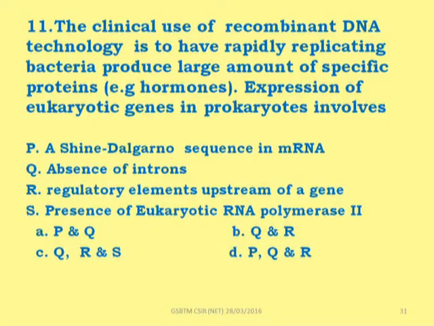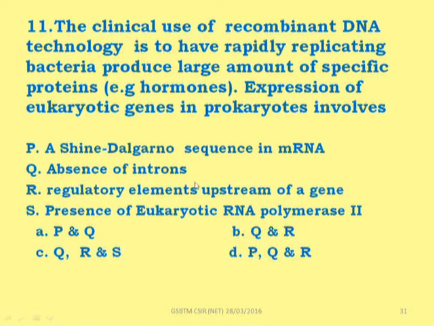Third, eukaryotic polymerase is not required. Eukaryotic polymerase will only work in a eukaryotic cell. Eukaryotic RNA polymerase is of three types, 1, 2 and 3. One is responsible for expression of ribosomal RNA, 2 is for messenger RNA, and 3 for transfer RNA. But so far as prokaryotes are concerned, only one type of RNA polymerase is needed, and that can transcribe all RNA, rRNA, tRNA or mRNA. Here the Shine-Dalgarno sequence in mRNA is needed.